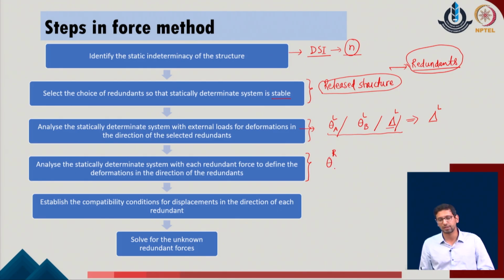So, we can calculate the displacement or the rotation at any given point with respect to the redundant values. We can calculate the same rotation at the position of the B with respect to the redundant, and this typically is described as delta R in the given problem. And now we understand that the summation of the overall displacements with respect to the load and the redundant contribution